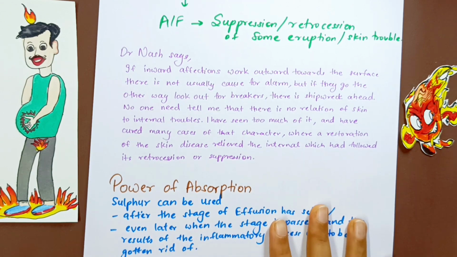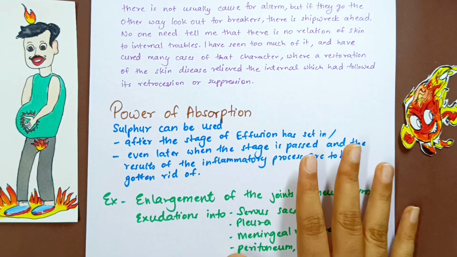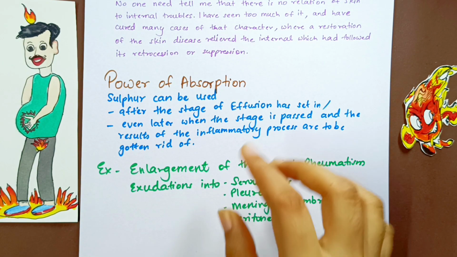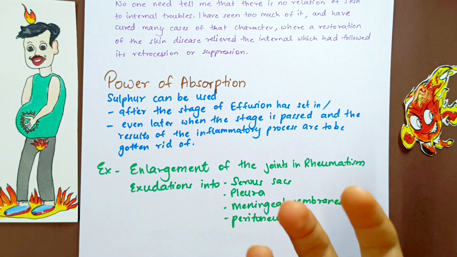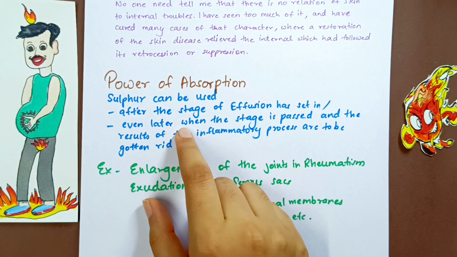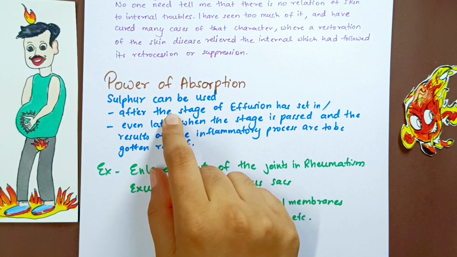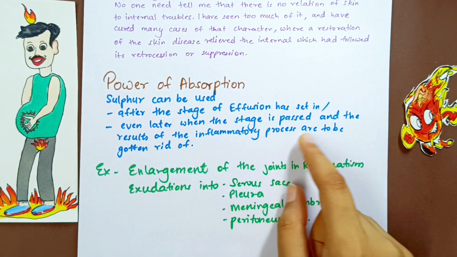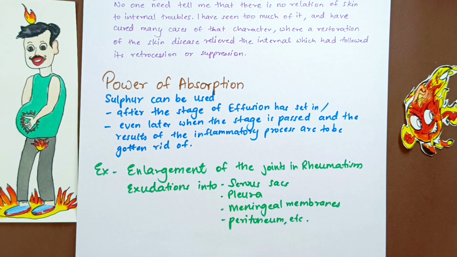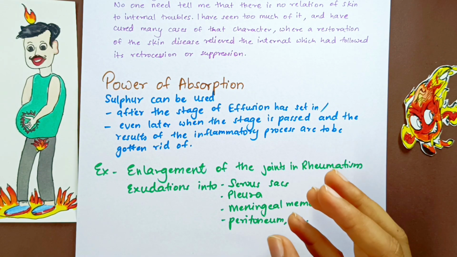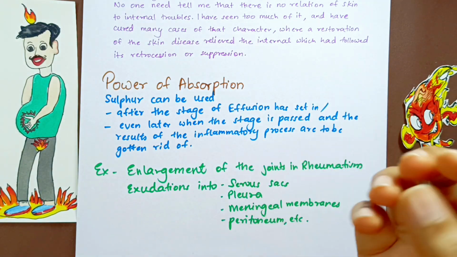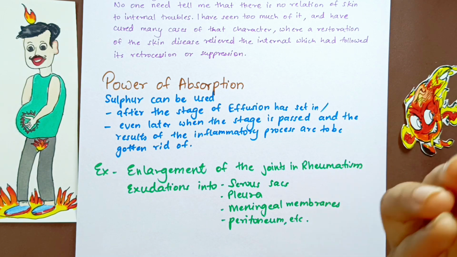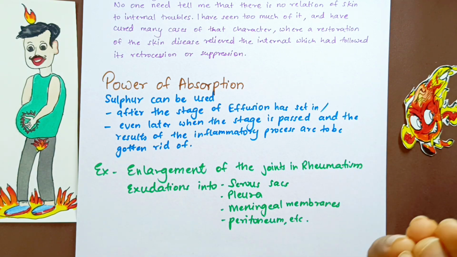and will actually clear up the concept for you. Next, talking about the power of absorption of this remedy, Dr. Nash actually means that this remedy can be used in effusion, in which there is a lot of secretion of fluids. It can be used after the stage of effusion, or even later when the stage is passed and the results of the inflammatory process are to be gotten rid of. So in both the stages it can be used, maybe just after the stage of effusion, like now the effusion has taken place and there is a lot of fluid, maybe in your pleura, maybe in your serous sacs, there is a lot of fluid,